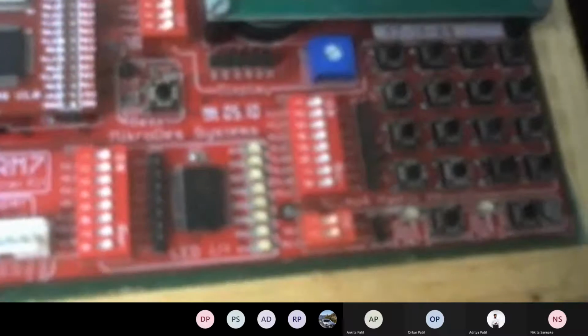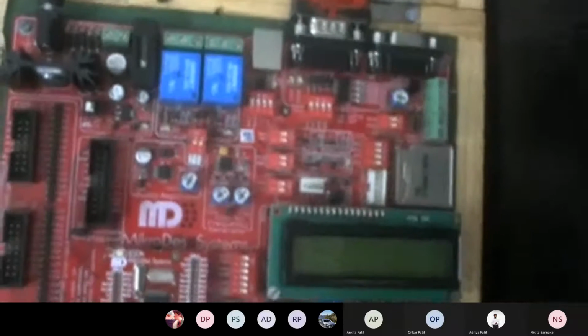Okay. To begin with, I will explain the LPC2148 kit and the various parts of that particular kit, meaning how this kit supports performing experiments based on the LPC2148 peripherals. And then I will show you how to download the program, and how to see it even with the help of a simulator which is available inbuilt in the Keil compiler.